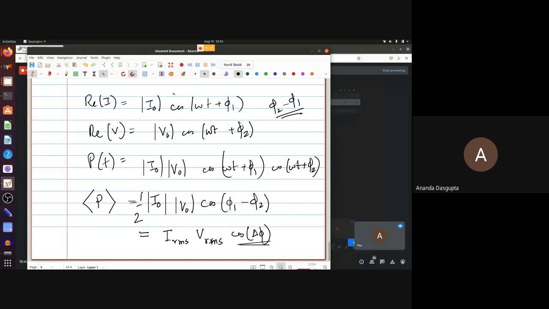So this is the actual result of the calculation. You have to take the real parts of I and V first and then work out the answer. There is, however, another way of getting the answer, which is, remember, this is cosine of phi 1 minus phi 2. So if you just took